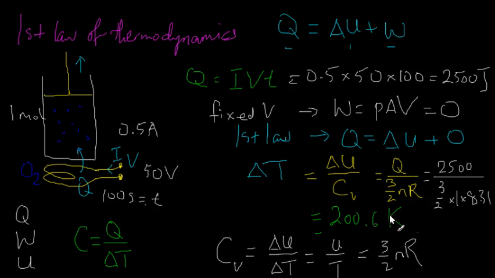Okay, so what I've done here is for the case when the volume is fixed. Now what I'm going to do next is this. I'm going to let go of my hold on this side of the wall and allow it to move. Now I would still want the temperature to go up by this amount, about 200 Kelvin. But now that I allow this side to move,